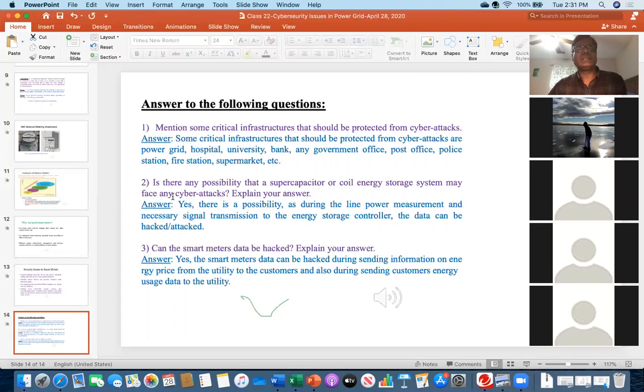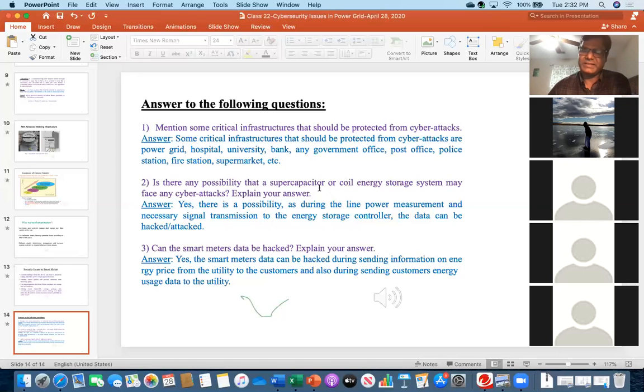See the next question. Is there any possibility that a supercapacitor or coil energy storage system may face any cyber attacks? What do you think: can a supercapacitor or coil energy storage or hybrid energy storage or any type of energy storage have cyber attacks? I have said in the answer, yes, there is a possibility, because whatever it is, supercapacitor or